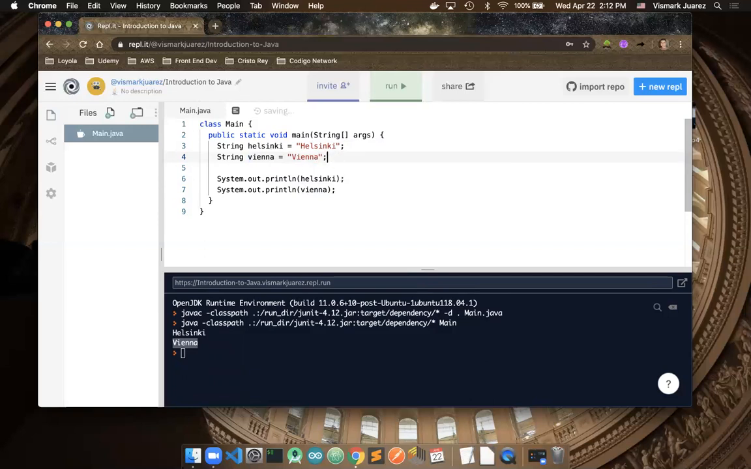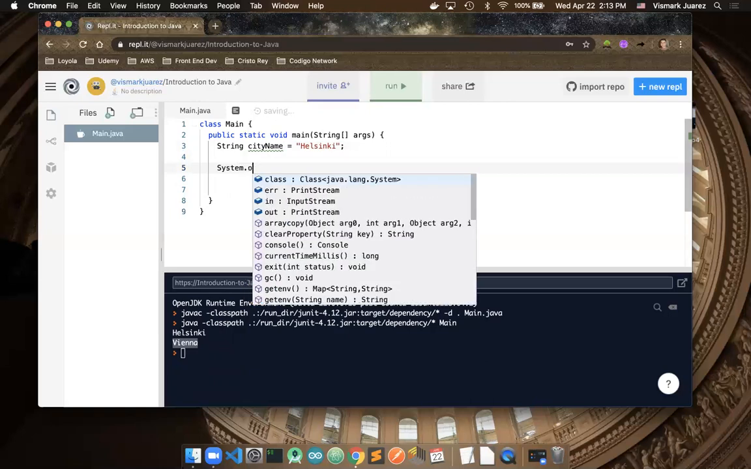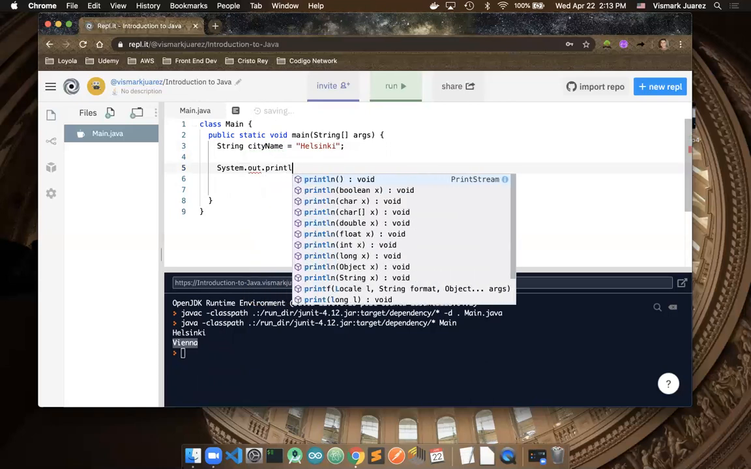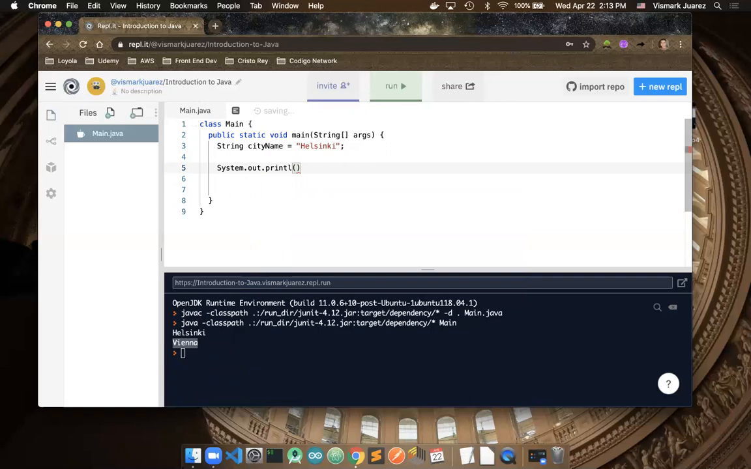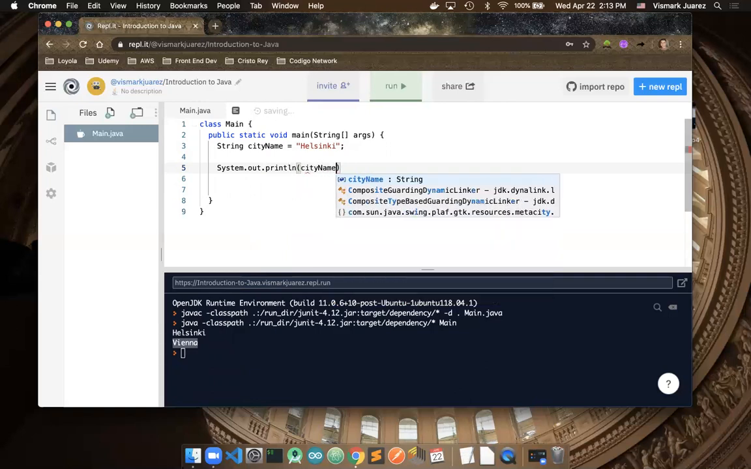And one last final thing to cover here. What if you have a variable, let's say city name, and what if the value of that variable changes? So you can actually change the value of variables pretty easily in Java. Just to drive this point home, I'll print out the value of city name,